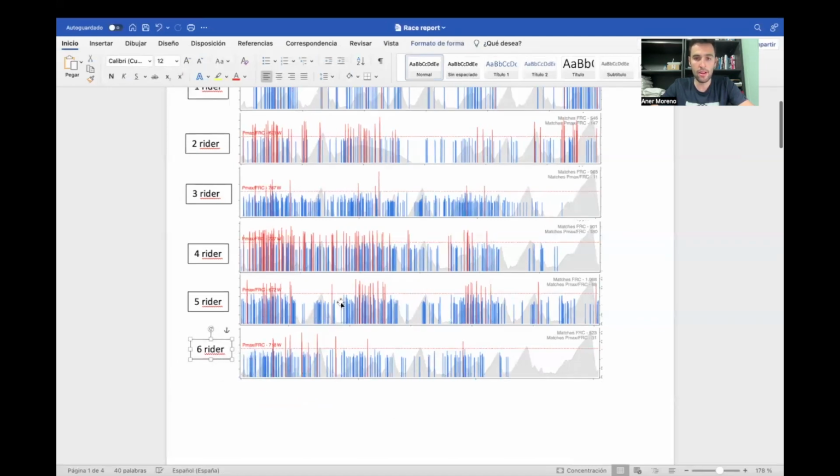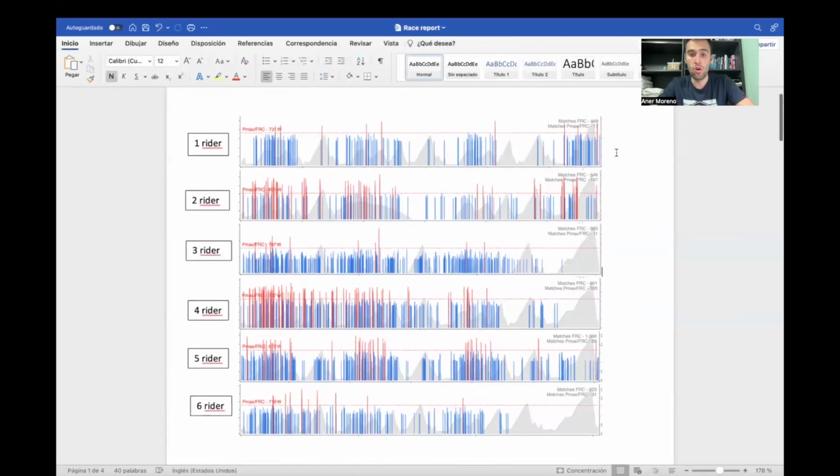This is everything. Now we can see how the race has been. This was the leader. Look at how many blue and red lines there are. There are many fewer lines than the other ones. The fourth rider was, as they have said, the rider who tried the most to reach the breakaway. This one had to help, and also this one had to help the leader of the race. So look at the points, the efforts they are doing.